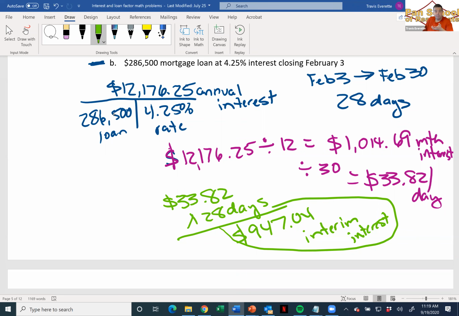Accrued, as Melissa said earlier, if it closes on the 3rd, it's 3 days of accrued. If it closes on the 5th, it's 5 days of accrued. It's just whatever the date is, that's the accrued. But interim, because we're counting forward, is a little bit trickier to come up with the number of days. That's the key to that question, really. But you always have to count that day that you closed. Count the first day. That's exactly right.